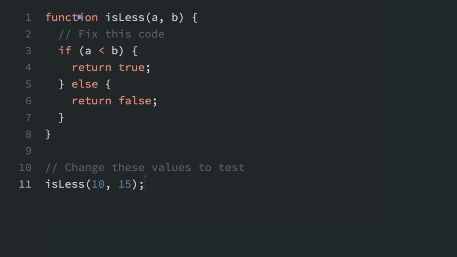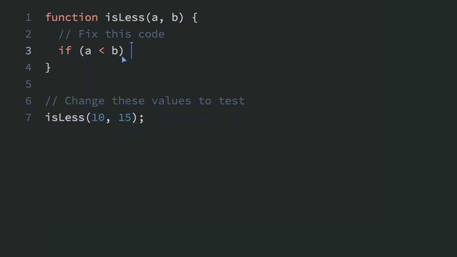Here's a little trick when you want a function to return a Boolean, a true or false value. You can see in this function, we're checking if A is less than B, and if so, we return true, else we return false. You may remember from before that all comparison operators return a Boolean true or false value. So instead of using this if statement here, we can just do that. We can actually delete all of this and just return the result of this. We're just returning the result of A is less than B. So this is going to be true or false, and we can just skip that whole if statement logic